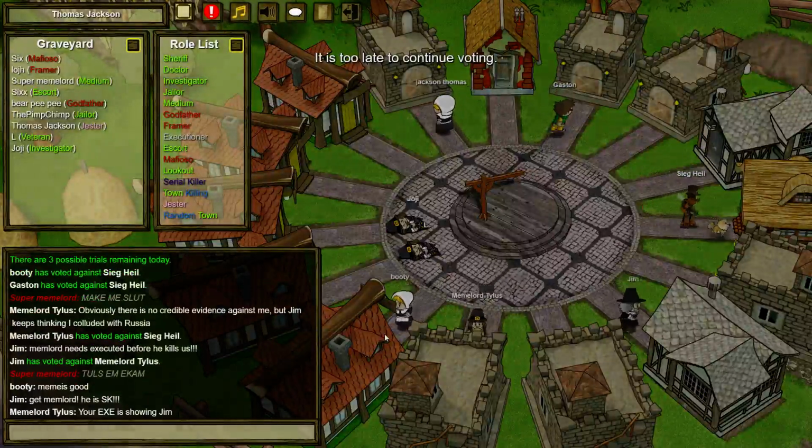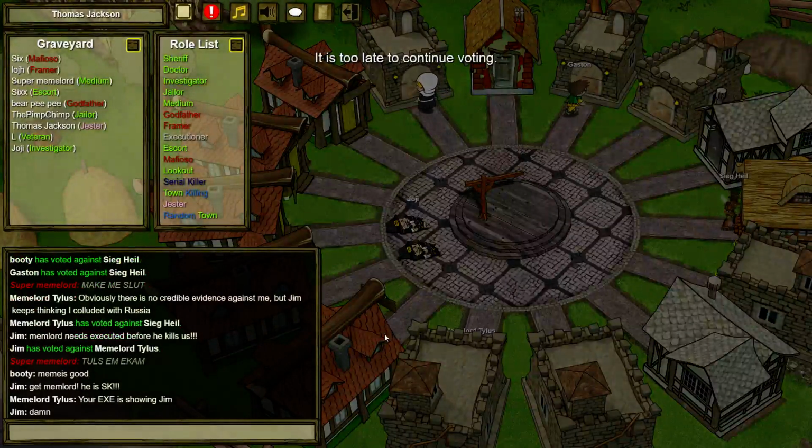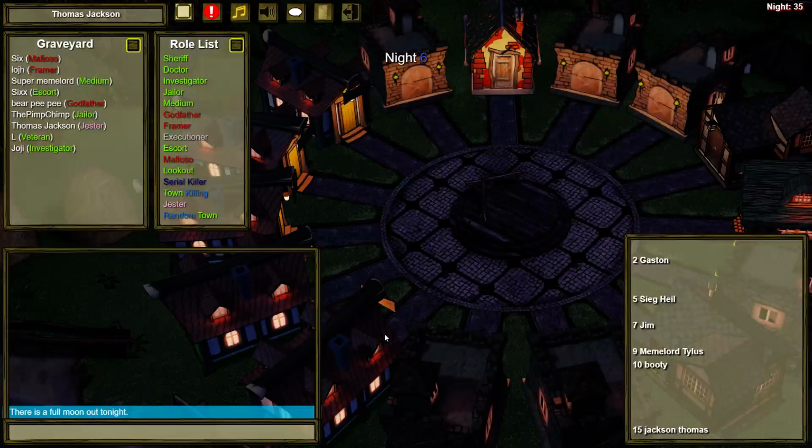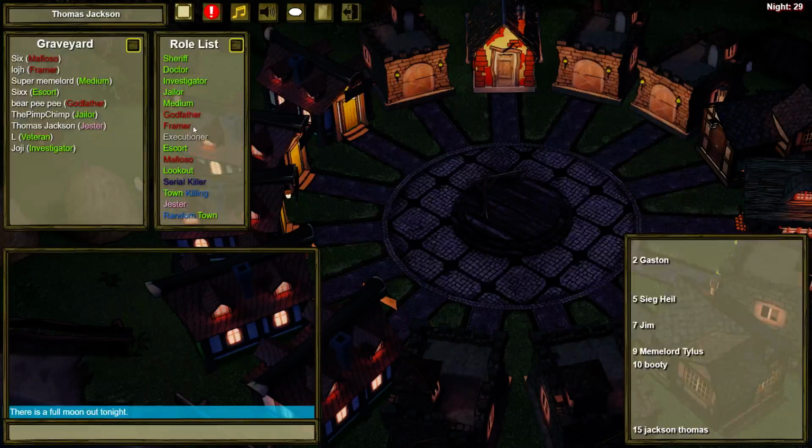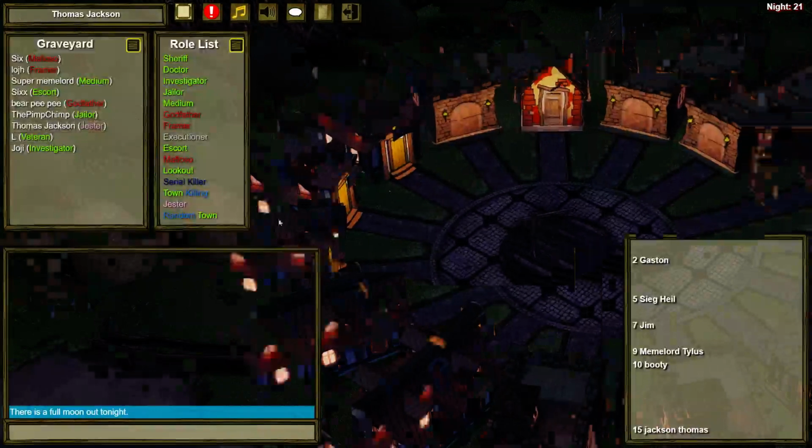Oh, no lynch. So this full moon deal is for when there's a werewolf in the game. I won't be able to see it here. So I have to stay here tonight if I really...